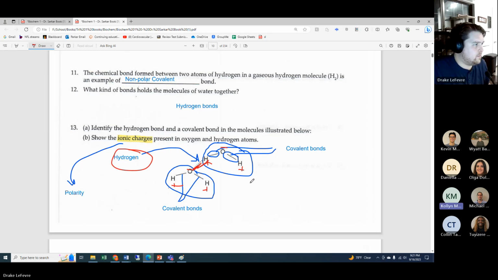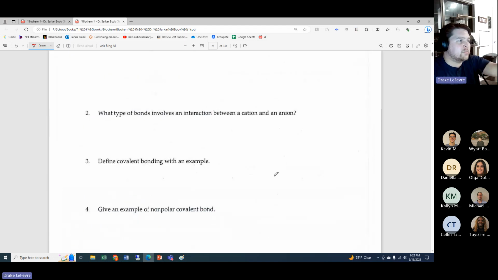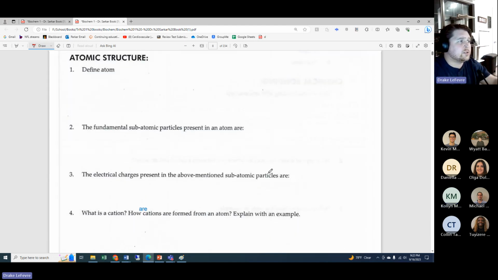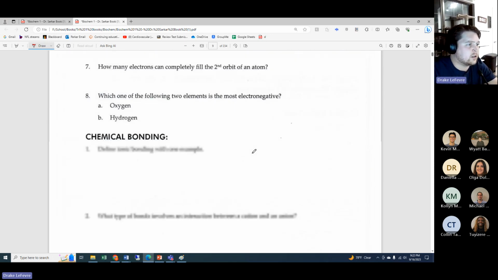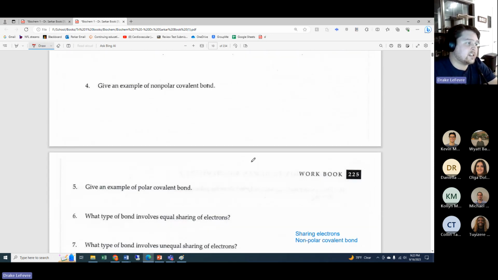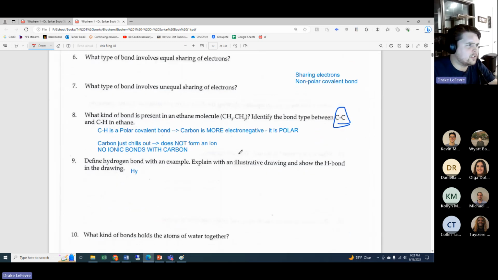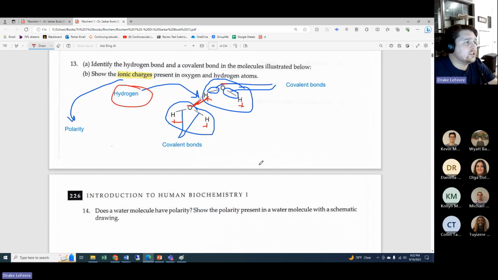Would he ask us to do this on a test question, like drawing? No, he won't ask you to do anything like this. It's more about understanding the concept. And to be frank, a good bit of this review material isn't going to specifically be asked on the exam. A handful of things, yes, but a good majority of it